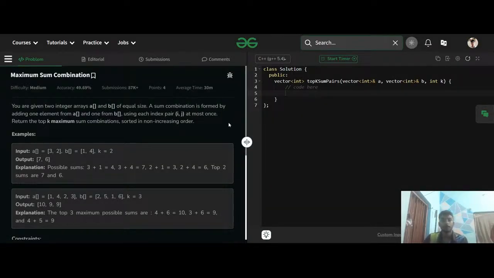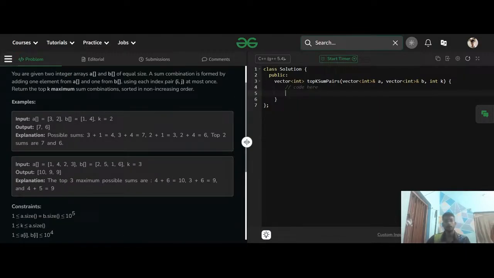Okay. Let me read the problem statement. You are given two integer arrays A and B of equal size. A sum combination is found by adding one element of A and one element of B, using each index pair i, j at most once. Return the top k maximum sum combinations sorted in non-increasing order. Okay, so